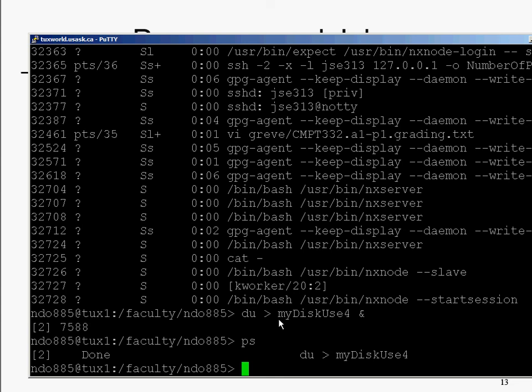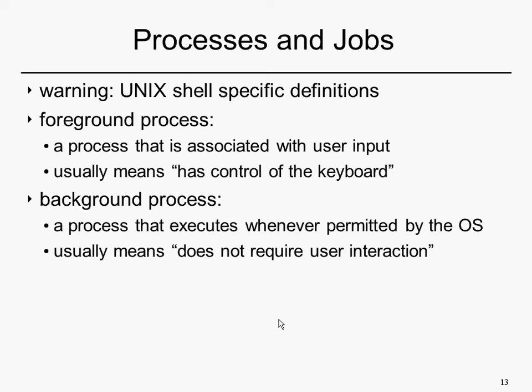So be aware that when it comes to using Linux systems, there's a lot of things going on beneath the hood here. There's a lot of things going on which are not foreground processes. People are not actually actively doing them. They're either suspended or they're in the background. Okay? Okay, we're reaching the final minutes here. Just a couple of